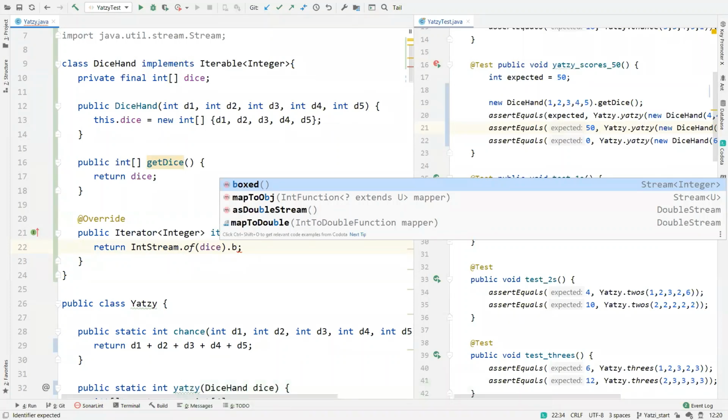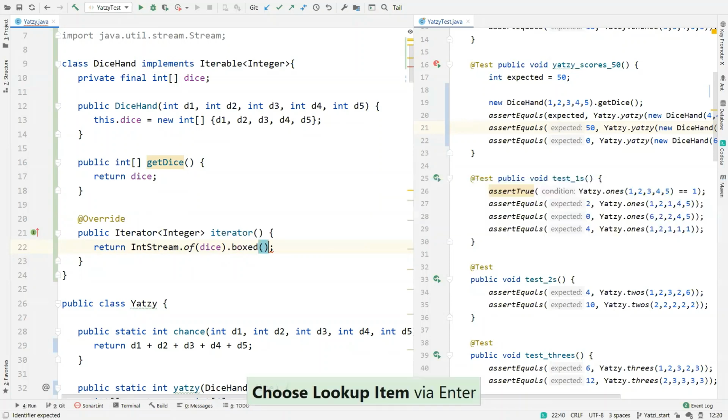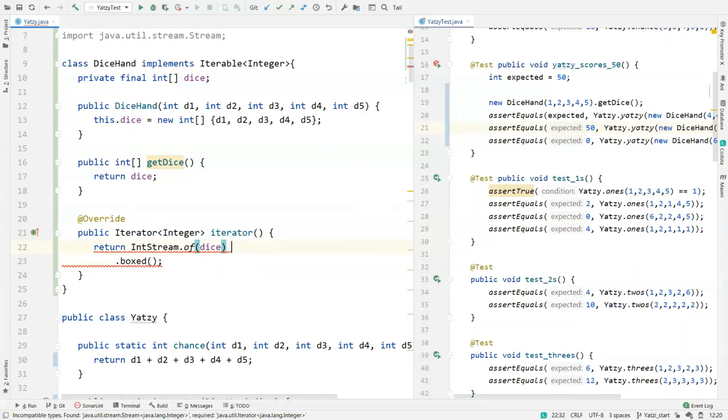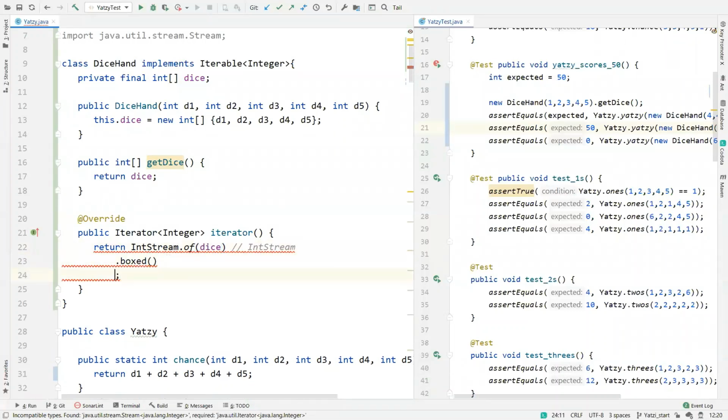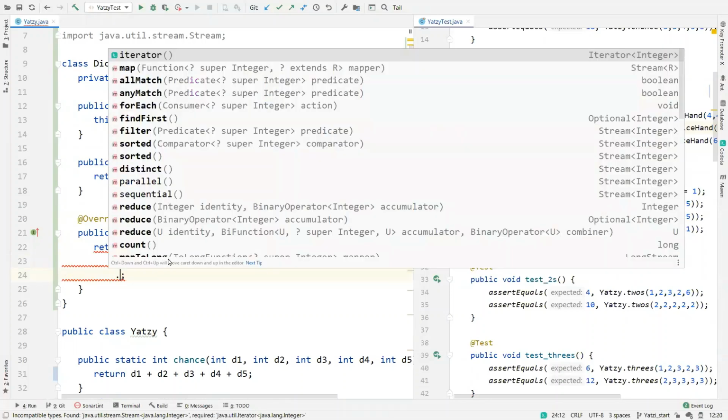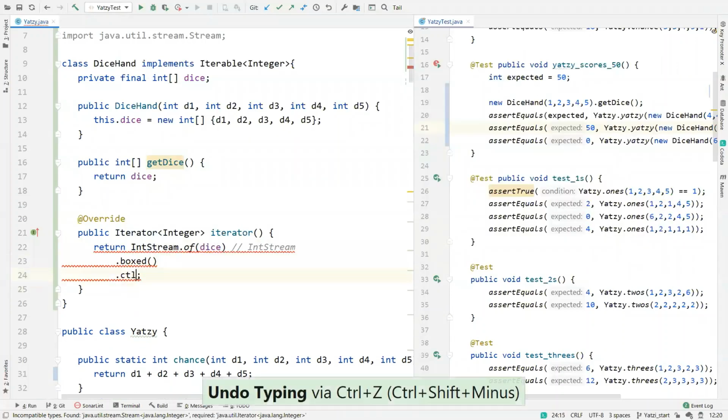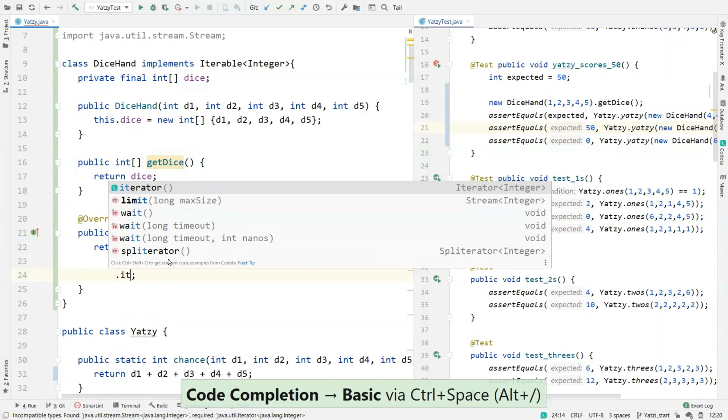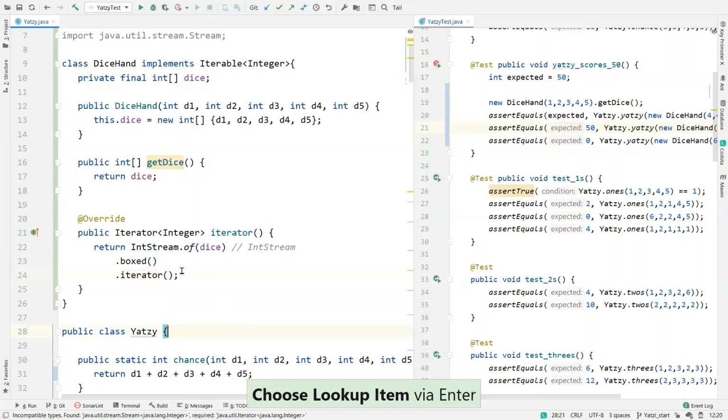This is one of the ugly things in Java. Boxing and unboxing in collections gets you in trouble. Boxed now. The IntStream.of dice will get you back an IntStream. Boxed gets you a stream of integers. Now I can collect these to list. I can collect, and I can even take, yeah. You may not have known that, but